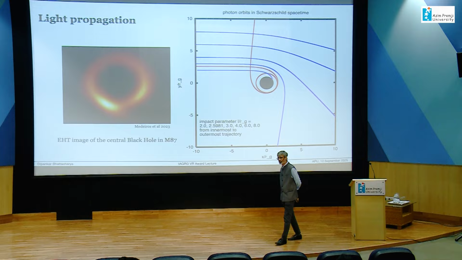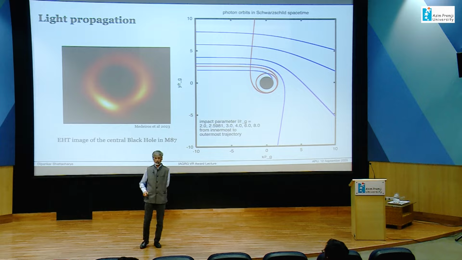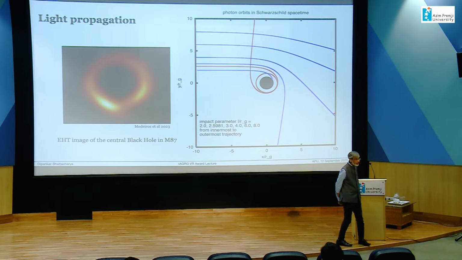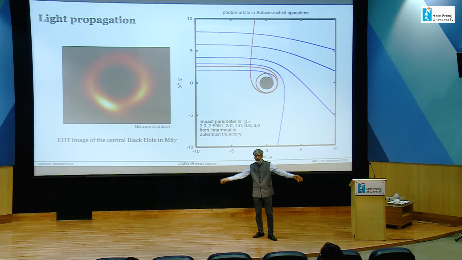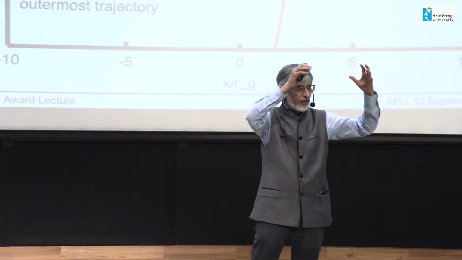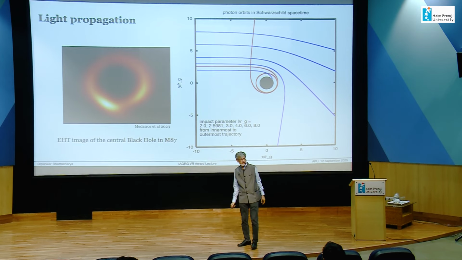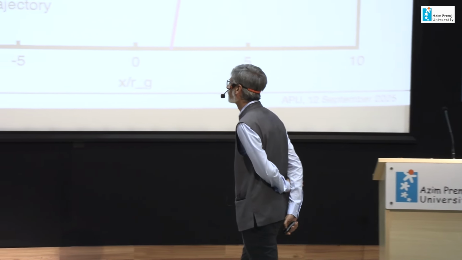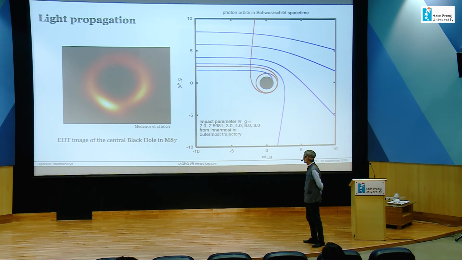Some of you may have seen this picture. It's a famous image of a black hole, which was published by the Event Horizon Telescope. What you're seeing here is radiation from material surrounding the black hole, which is emitting, and the light from that comes around the black hole and then to us, and that is why it looks like this, with a shadow inside. These are all bent light trajectories which produce images like this. And this is a billion solar mass black hole at the center of the galaxy called M87.